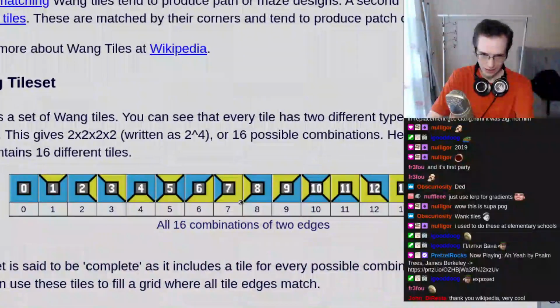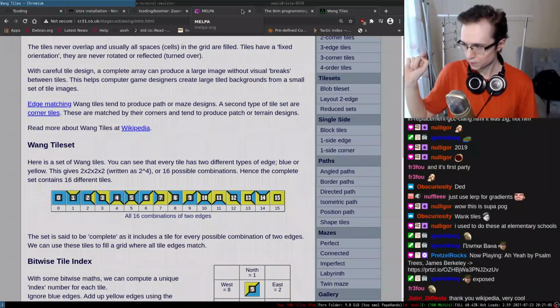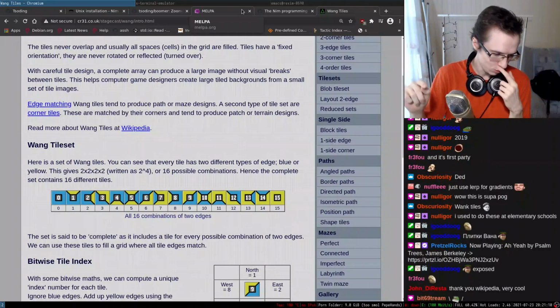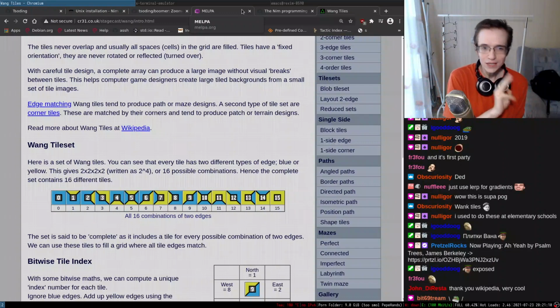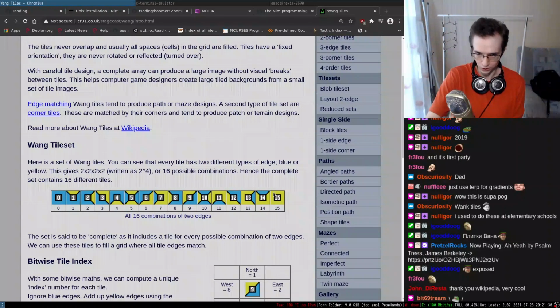And here is an interesting thing. You have 4 sides and 2 colors. Right, so 4 sides and 2 colors. That means you can encode a single tile like this, with 4 bits. 0 representing the first color, 1 representing the second color, right? So we have 4 bits of information. Each individual tile is 4 bits of information.